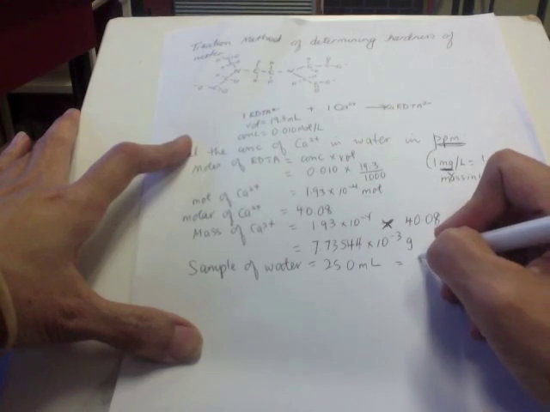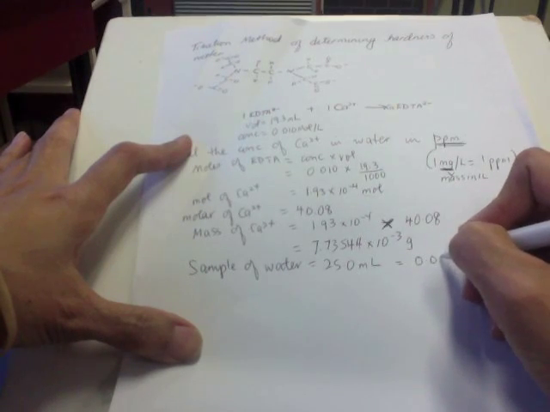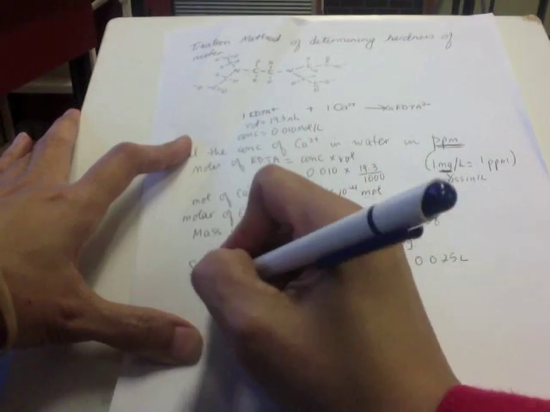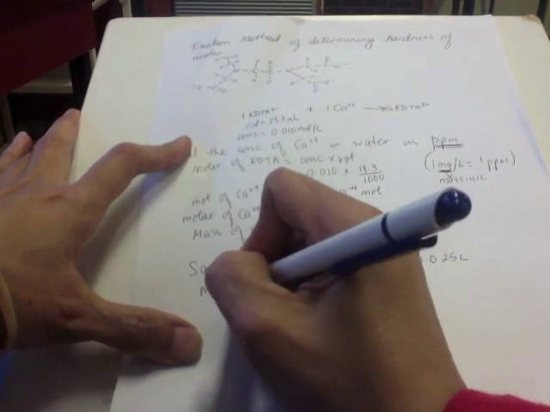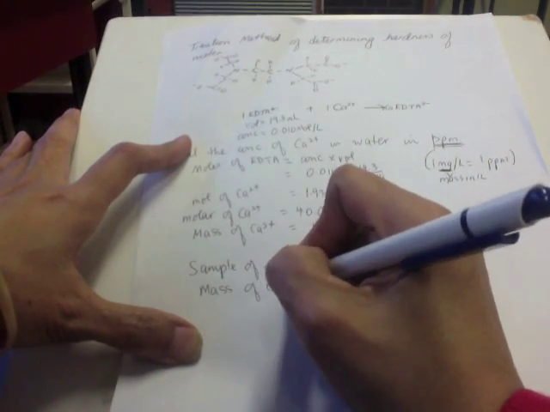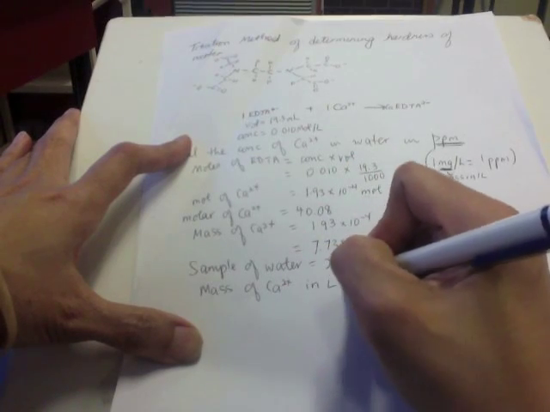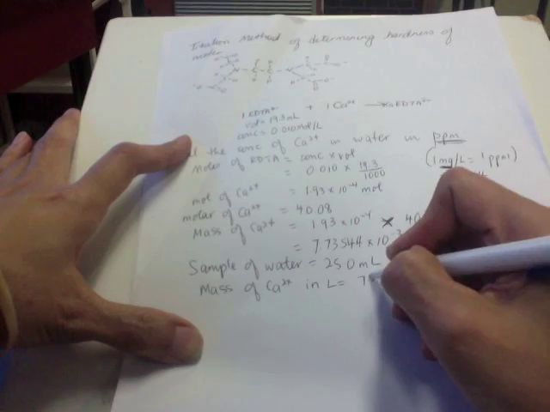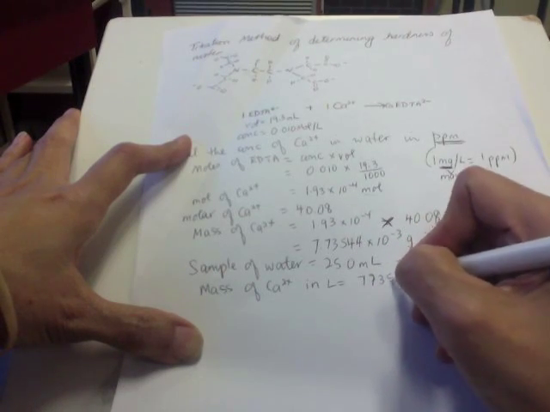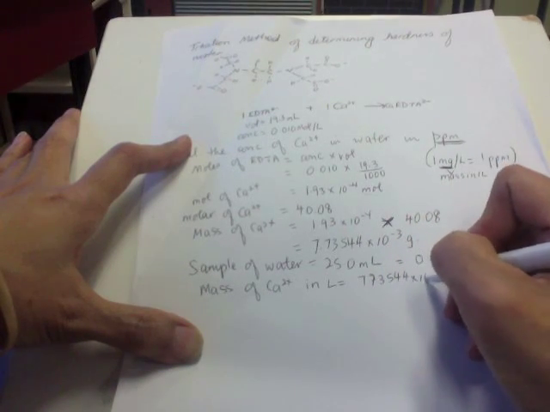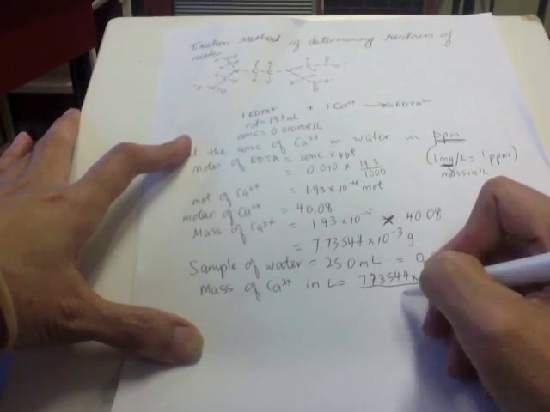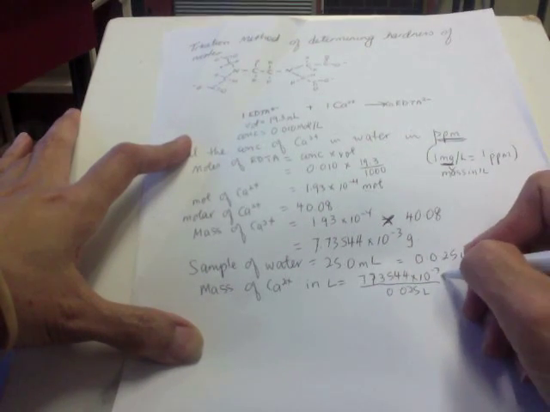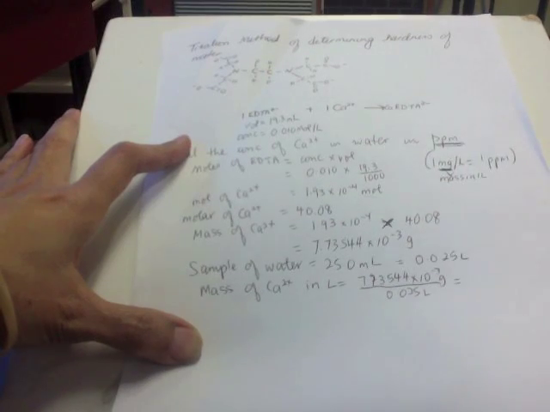In terms of liters, it's 0.025 liters. So the mass of calcium in 1 liter is the mass divided by the volume. And the answer gives you